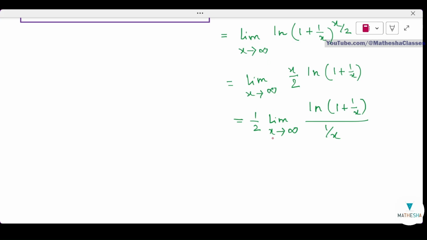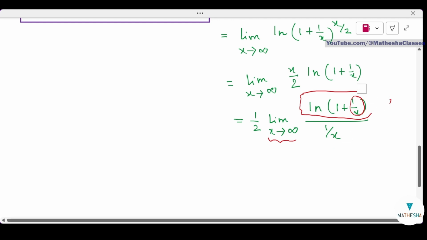So now as you are tending x to infinity, this part is tending to 0. So this entire thing will tend to log of 1, that means 0. And once again, as x tends to infinity, this part will tend to 0. So this is of the form 0 upon 0. So this is 0 by 0 form. So using the L'Hopital rule,